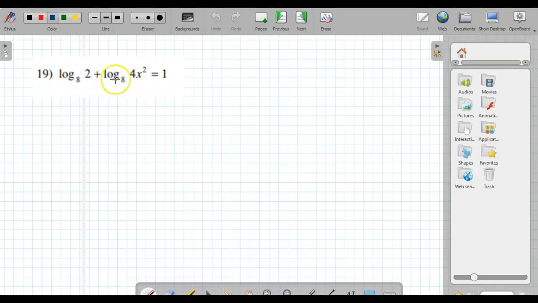Here we do have two logarithms, but they're both on the same side, and we only have a number over here on this side. So we are going to have to combine these logarithms first. And so whenever we're adding logarithms of the same base, we multiply the values that are inside of those logarithms. So this is going to be log base 8 of 2 times 4x squared equals 1, which of course we can write log base 8 of 8x